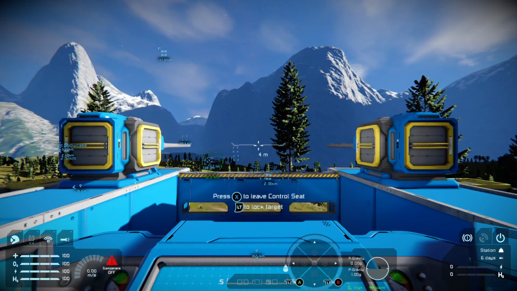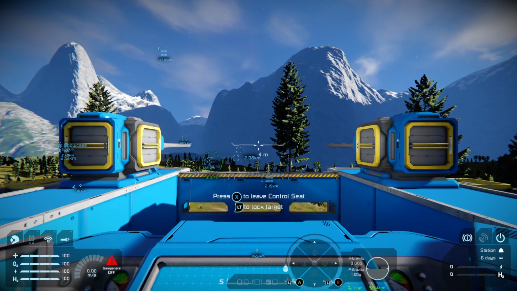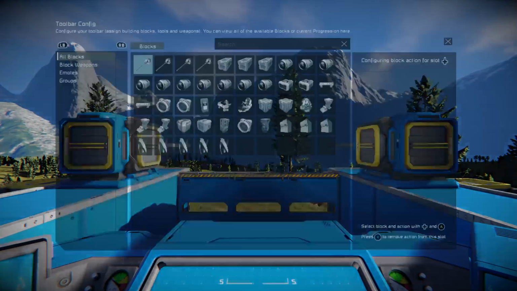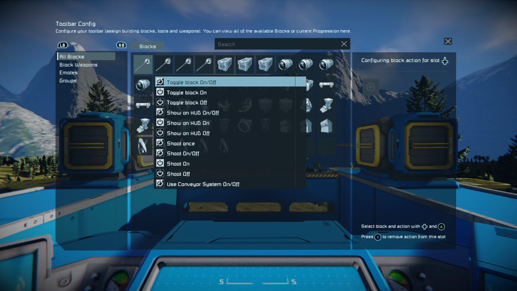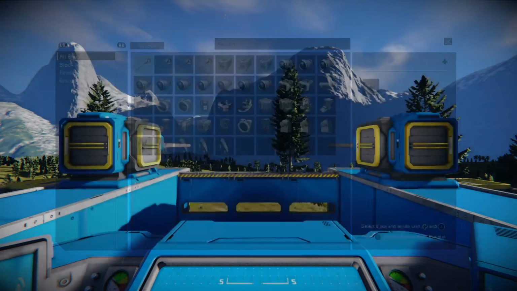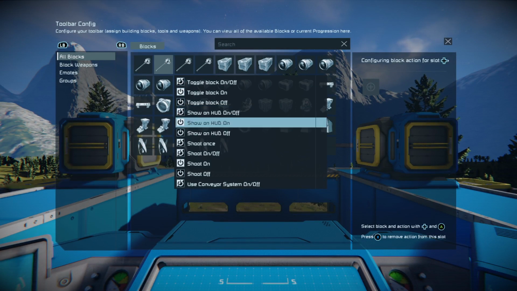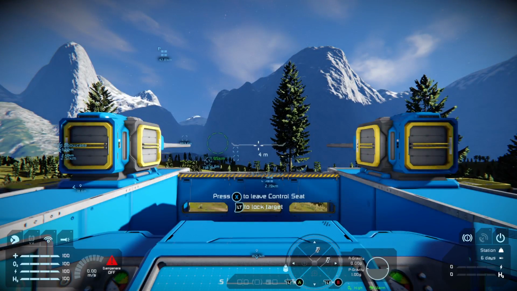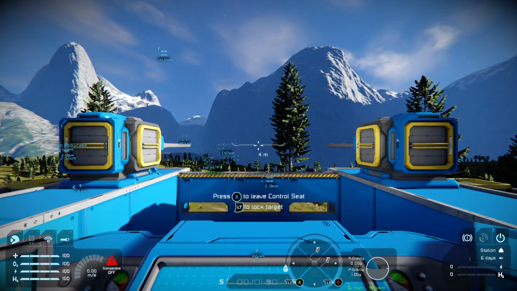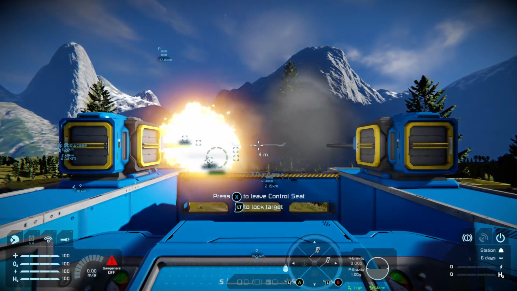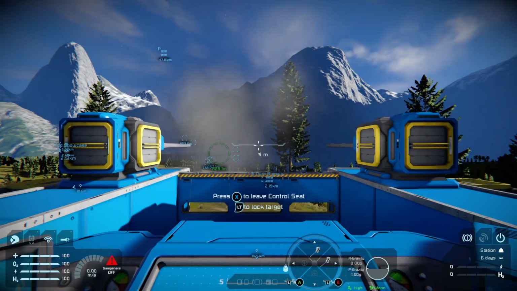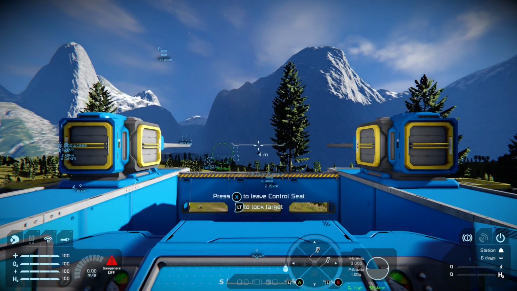Now, again, when I see people do this, a lot of people think that you put each individual gun onto a D-pad. What happens if you do that is, let's just put this on shoot once, and then artillery 2 on shoot once. You can actually fire one gun at a time by pushing up on the D-pad and then right on the D-pad. Now those guns will need to reload.